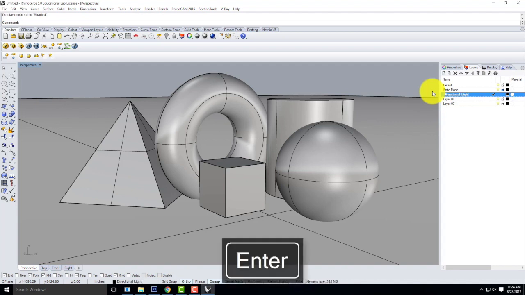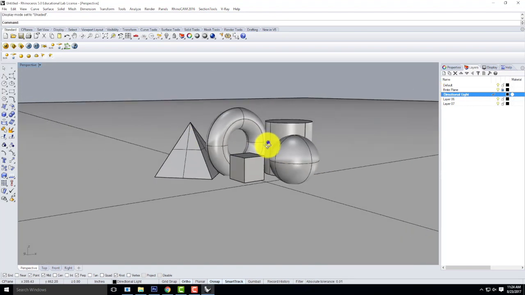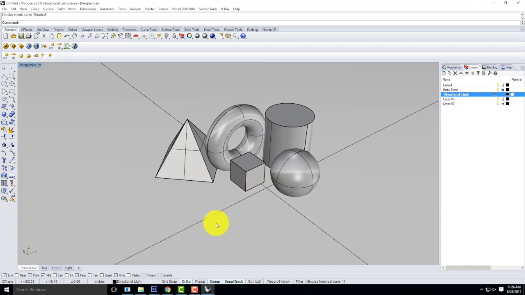Okay, so now I have a directional light layer, and that layer is my current layer. So when I create the directional light, it's going to go onto that layer, which is obviously the point. So in this context, I'm going to zoom back out a little bit and look down. I would like the light to come from kind of this side and shine down toward my objects, casting